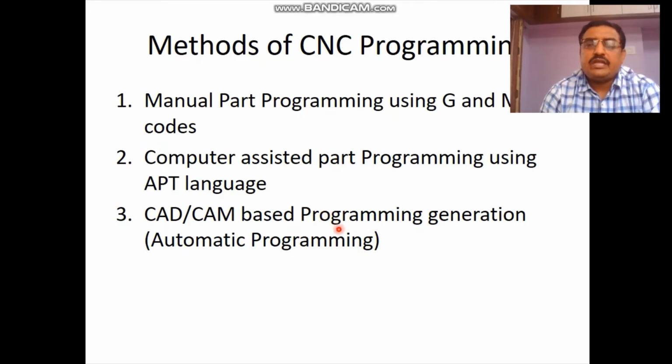It is an automatic method of programming, where computer software develops the program if we give input data as a model and all operations to the Mastercam software, and then the software converts it into a particular G code M code program. So this is automatic, and we have to do manual programming.